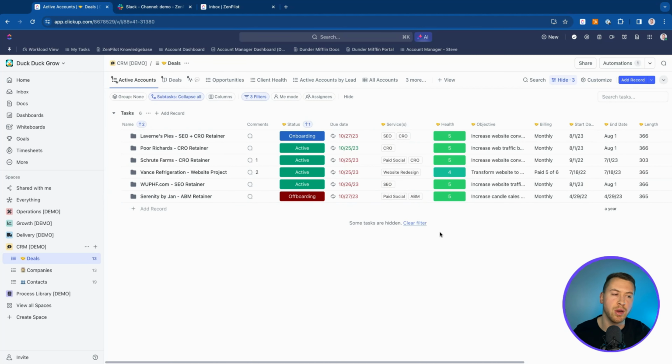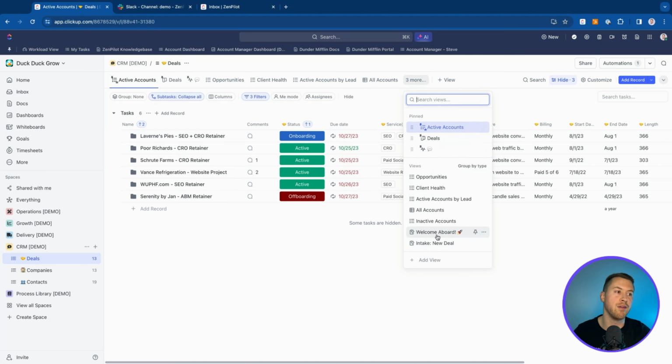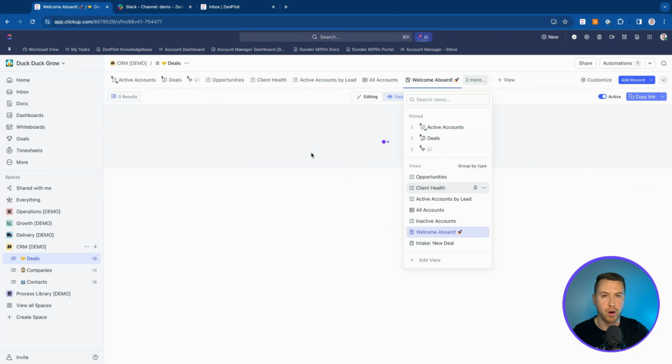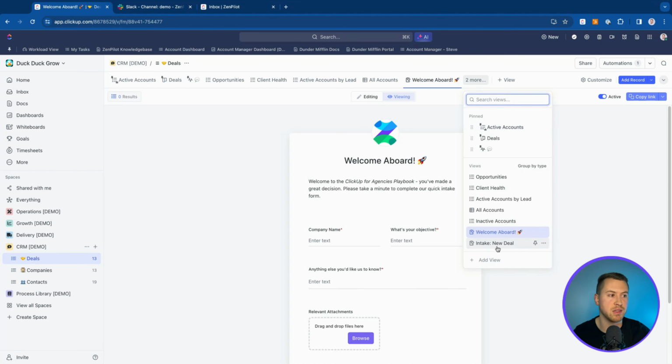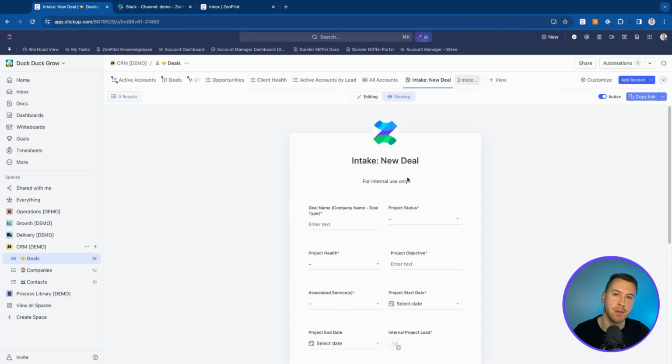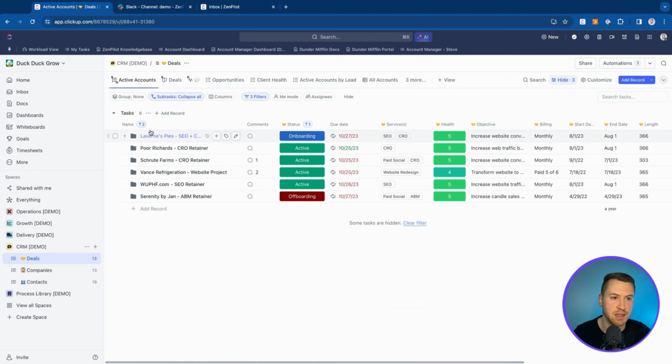So essentially what you could do is use this. I could either have an onboarding form for new clients to fill out just like this. So welcome aboard, welcome to ClickUp for Agencies Playbook, and so on and so forth. They basically fill this out, and then what that does is it creates a task here in this deals list. Or what I could do is have just an intake form for our sales team to fill out. And essentially, anytime a task gets created inside of this deals list, that's going to send a notification to our team in a sales channel within Slack that says, hey, we got a new customer,